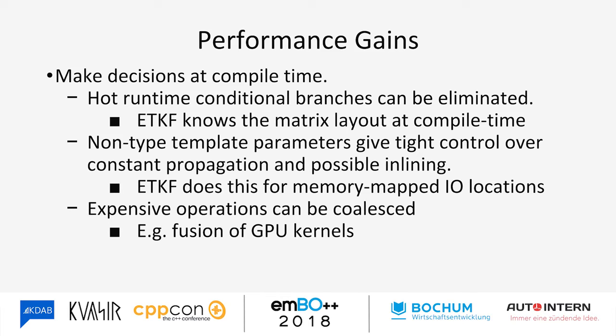So the main gain that we get is we make decisions at compile time. I talked a bit about this for deciding whether to scan for a key or not. If you know at compile time, then you can eliminate these conditional branches from your code. They're just not going to be there. Whereas if you're having to check it every time at runtime, that's going to cost you something. So this is an area where our abstraction is actually gaining us performance because we don't have to make these decisions at runtime anymore.